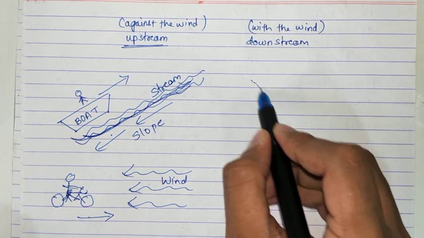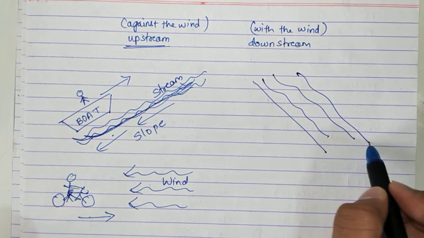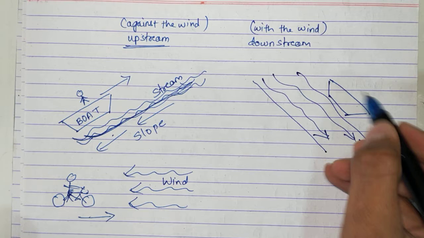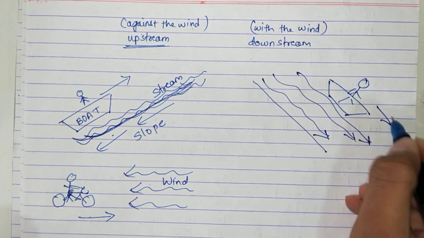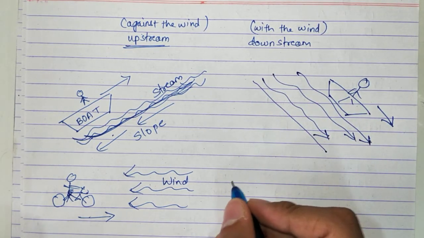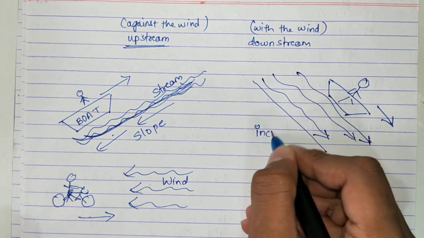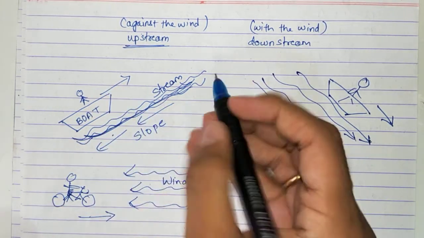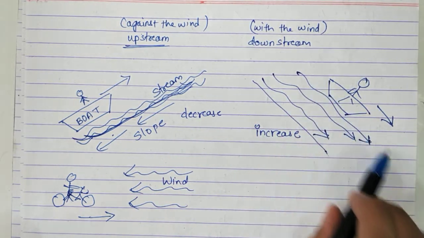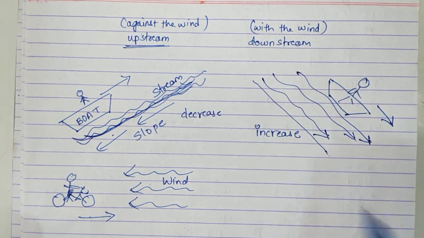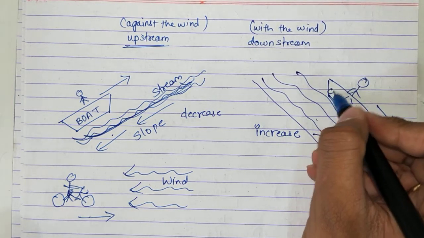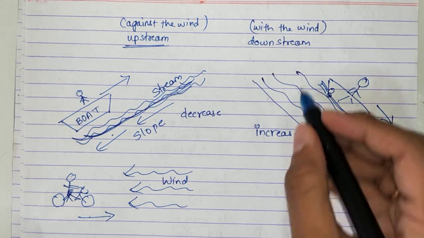This means that let's say this is a slope and water is flowing in this direction, and you also want to go in this direction. This is your boat. So water will help you. Water will actually increase your speed in this case, and here your speed will decrease because you are going against, and here you are going with the water, so your speed will increase. Correct? When you go on a slope, you will easily go down because the water itself will carry you ahead. Okay, your own speed will be there plus the water's speed also, because boats also have motors. So from that motor you will get speed, plus you will also get the water's speed.